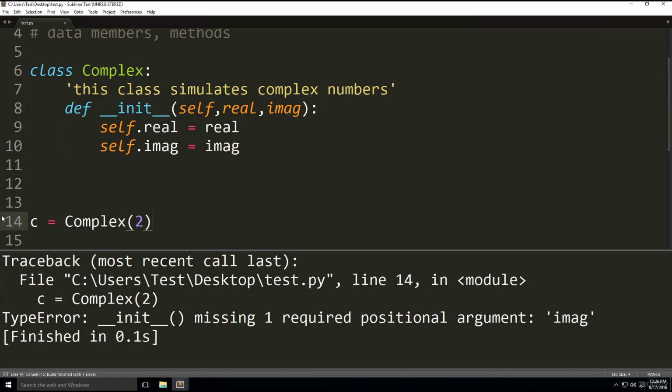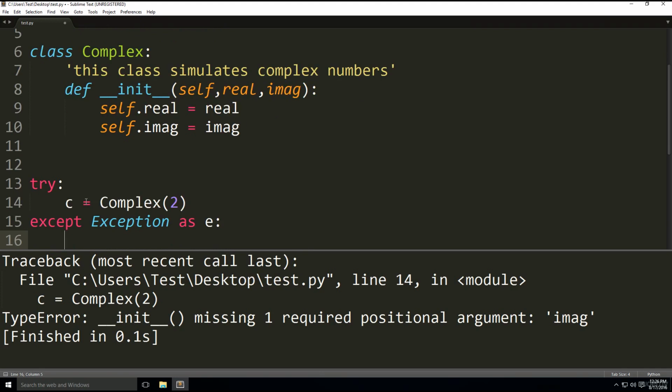As you can see, it got an error. So what we like to do, good practice, is for the interpreter's sake, we use try and except statements. So we're going to try 2, and then we're going to say except Exception as e, colon, and then we're going to say print